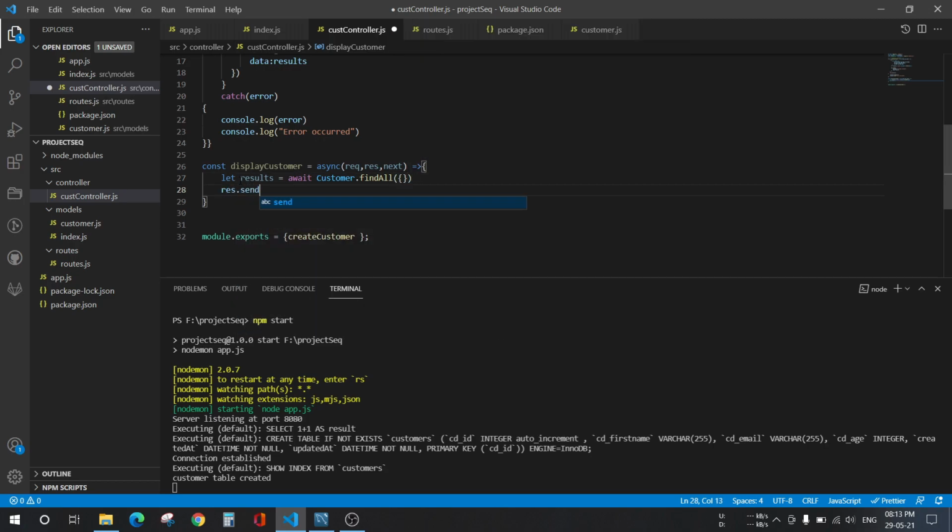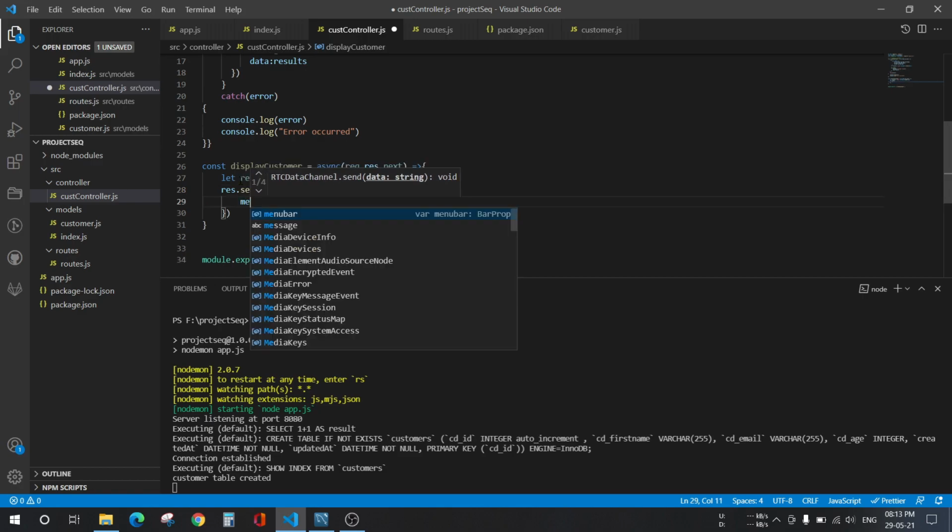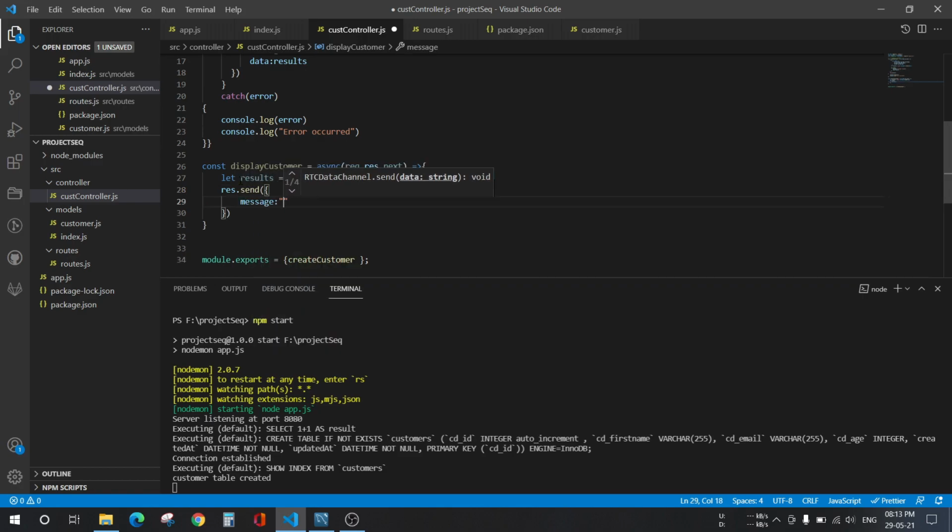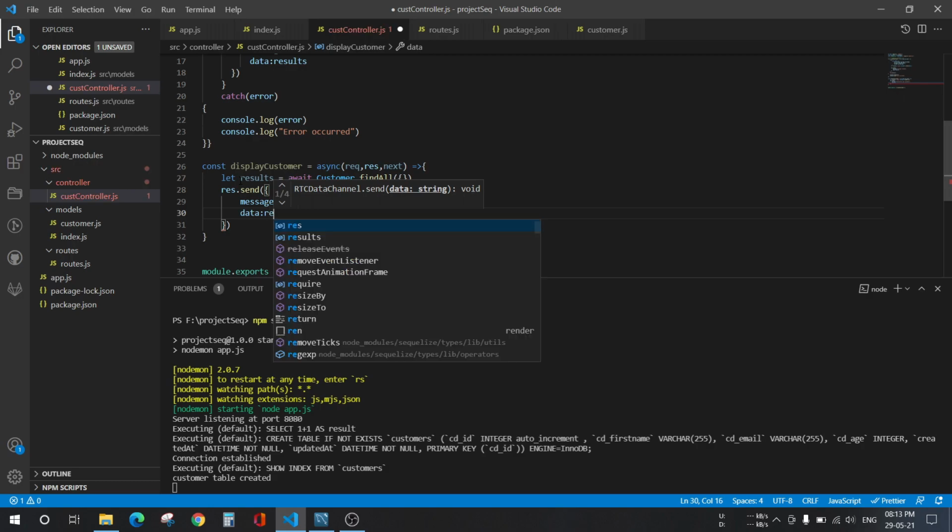Rest dot send message: successfully got the list of the customers. List of the customers and data, here we're gonna pass results.